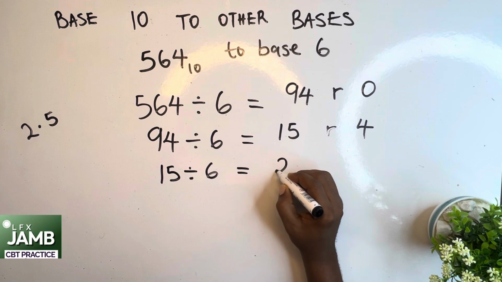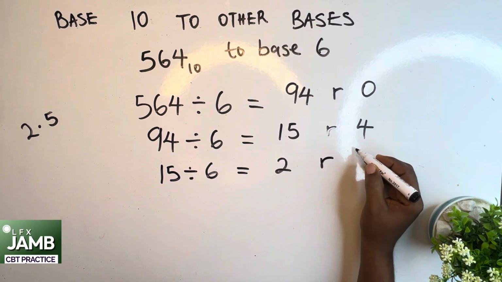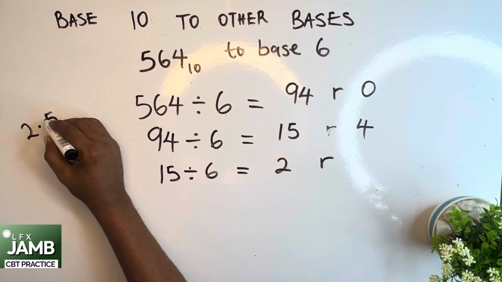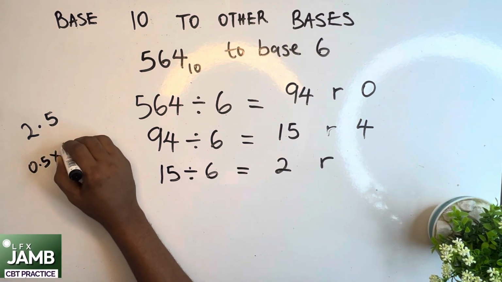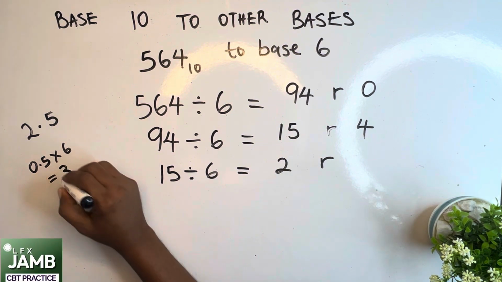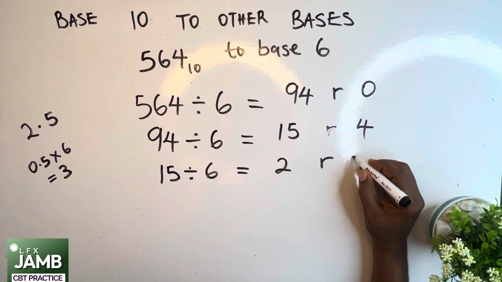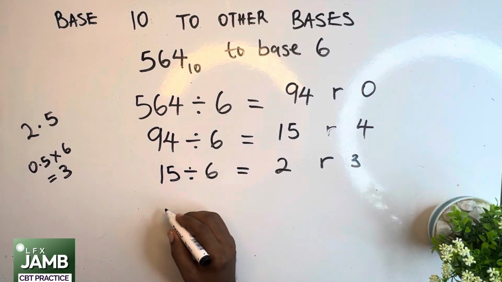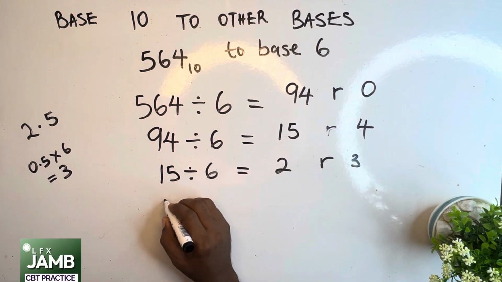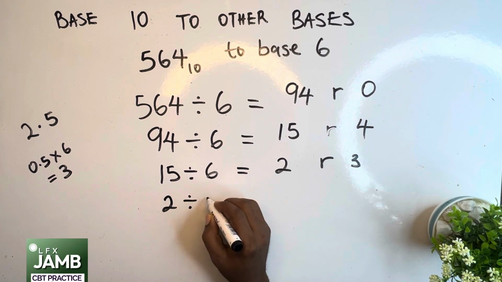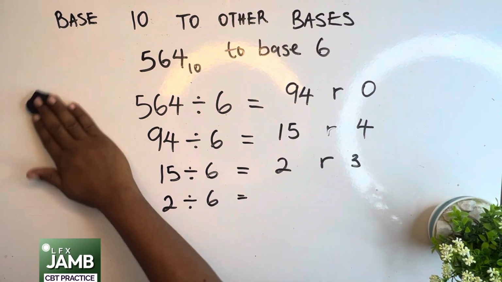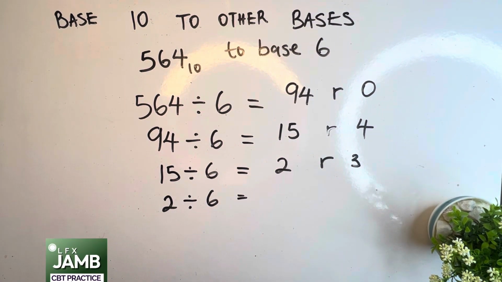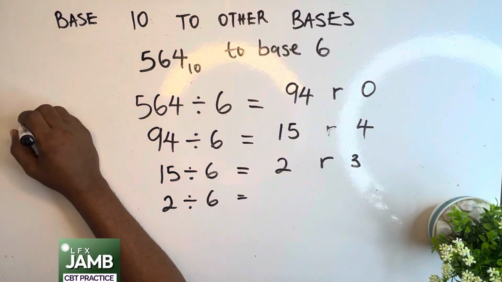So we write 2 here. To get the remainder, we'll say 0.5 multiplied by 6. So 0.5 multiplied by 6 should give us 3. So it's going to be remainder 3. So the next one is 2 divided by 6. If we punch 2 divided by 6, we should have